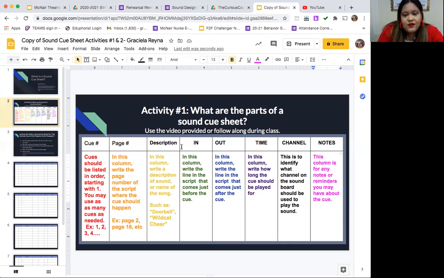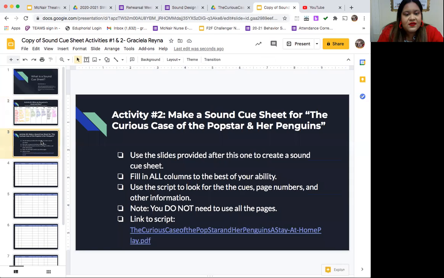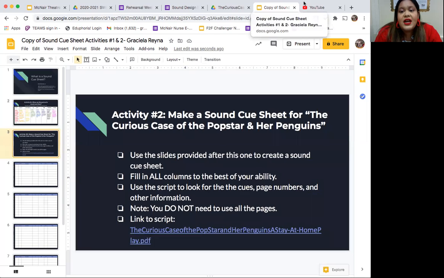And so now that you've filled in the notes part of this activity, you're going to go down to activity number 2. And what you're going to do is make a sound cue sheet for The Curious Case of the Pop Star and Her Penguins. And so what you're going to be doing is you are going to use